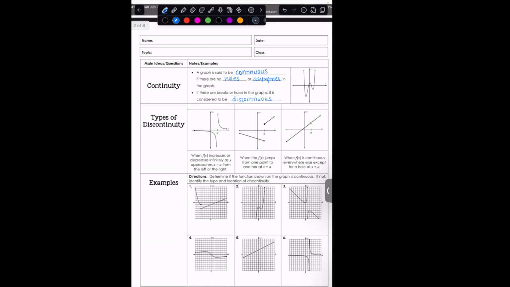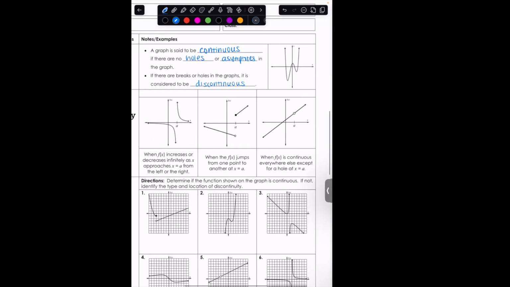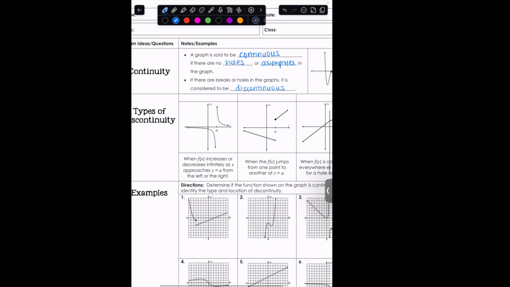So basically, if you can start on the left with your pencil and move all the way to the right without ever picking up your pencil, it is continuous. And if that is not possible, it has discontinuities and thus is discontinuous. So first of all, we have several different types of discontinuity. So we have infinite